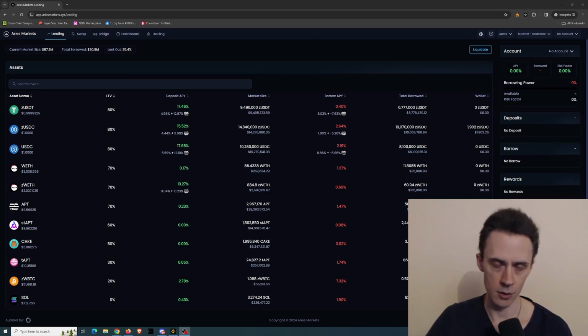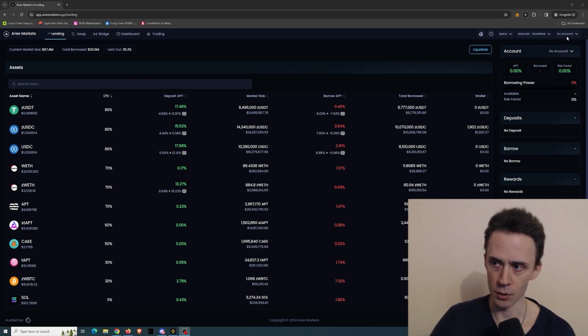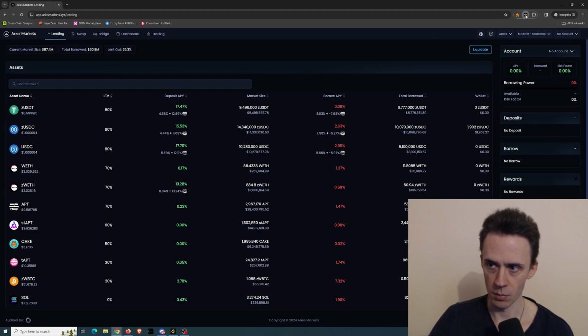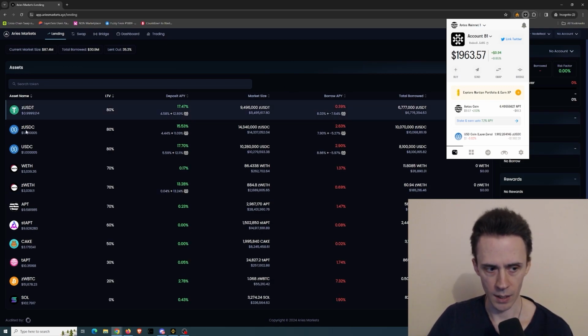So guys, over here, today we're taking a look at the borrowing and lending protocol on Aptos, and we're also going to check how in general the looping strategy works on lending and borrowing protocols. So we've got Aries Market on Aptos. I'm going to be using my Martian wallet, and we're going to be using, in this case, only stable pools